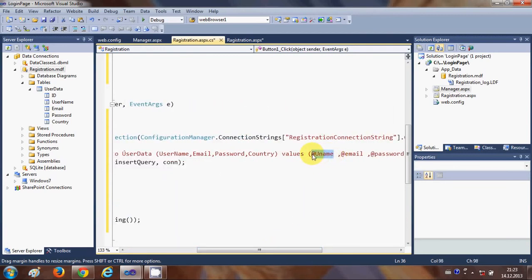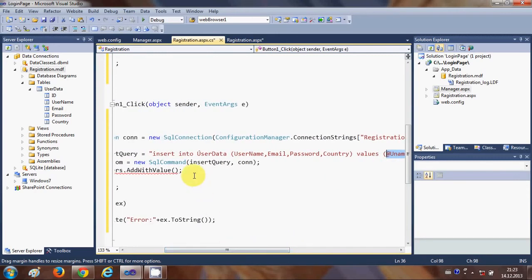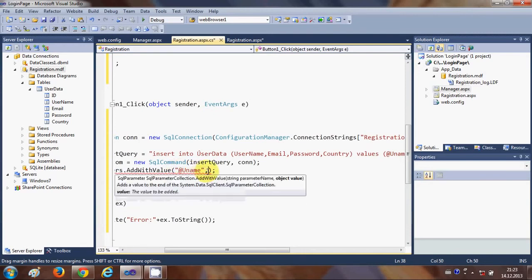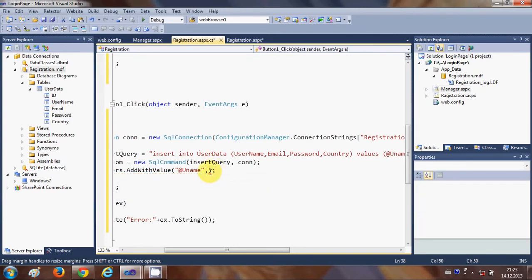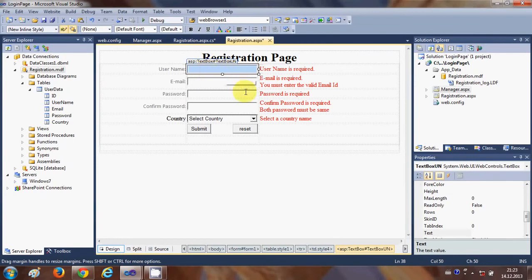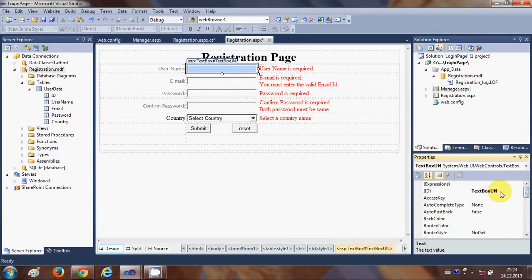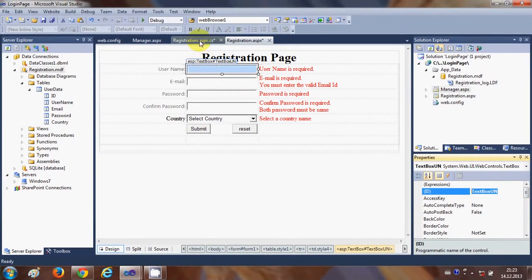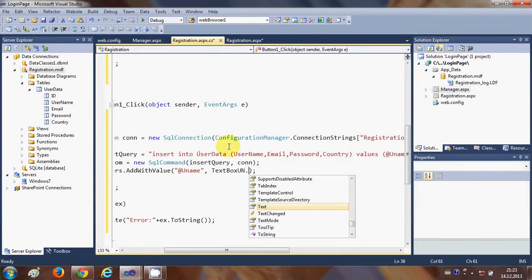First is this argument, which is @username, and the second argument, this will be in double quotes first of all, and the second argument would be our text box from which we are taking the values. So the first text box was username, so TextBoxUsername